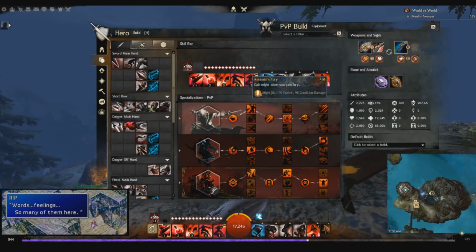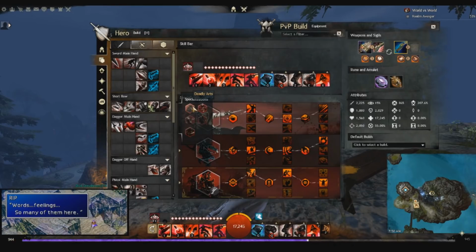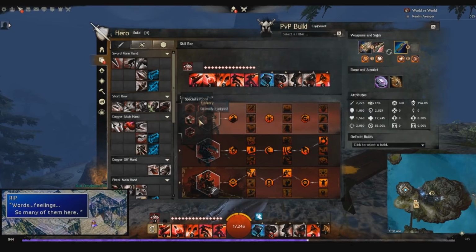What that does is basically just keeps your might and fury uptime as high as possible while also giving you stats for just maximizing your damage. The difference between taking crit strikes and deadly arts is that deadly arts is very burst oriented, and while it does have very good DPS increases with exposed weakness, and panic strike is really good for bursting, you don't really need that with this build